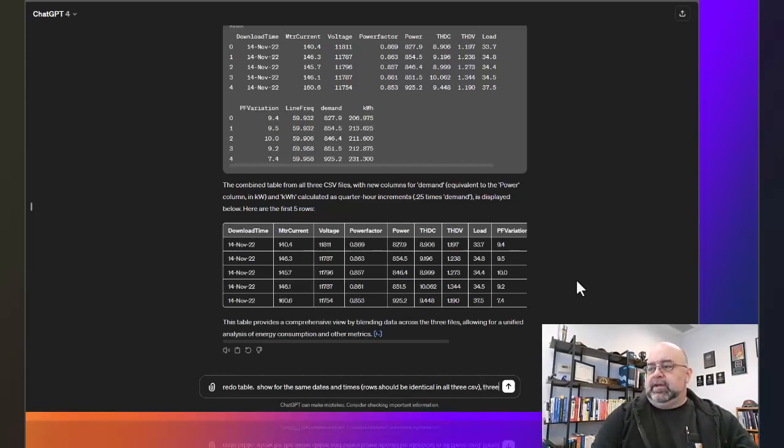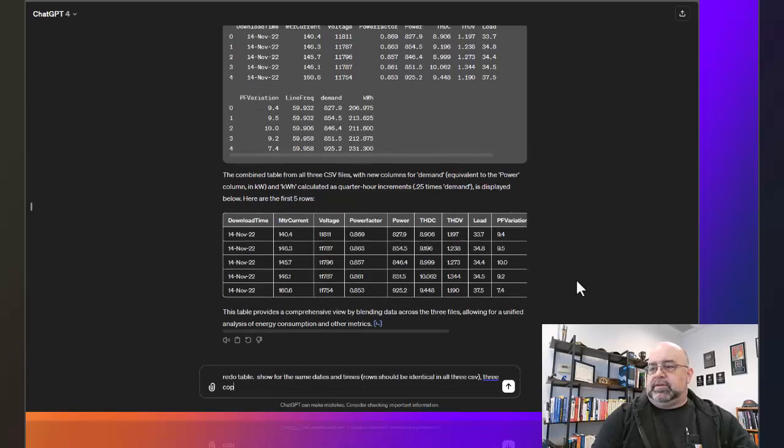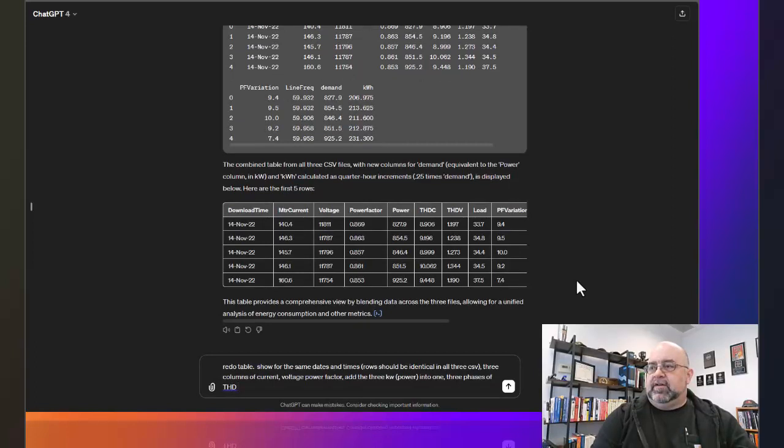Three columns of current, voltage, power factor, add the 3 kilowatts power into one, 3 phases of THD, V and C,